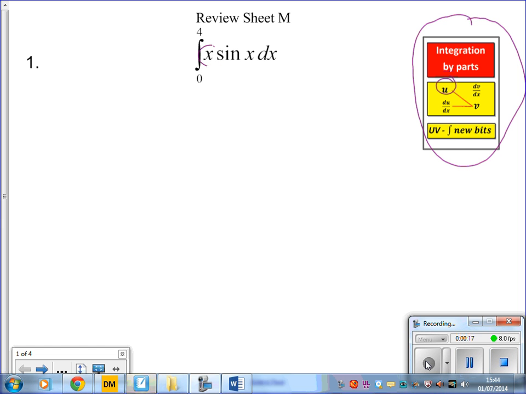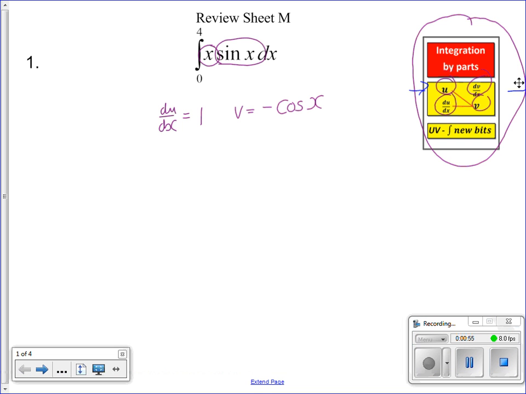This u. So I'm taking x to be my u. I want the du dx, so I need to differentiate that to get 1. So now I've found the du dx. This part here, the sin x, is my dv dx. So I've got dv dx, I want to find v, so I need to integrate. So now I've got all 4 pieces of information from here. And I'm going to apply them